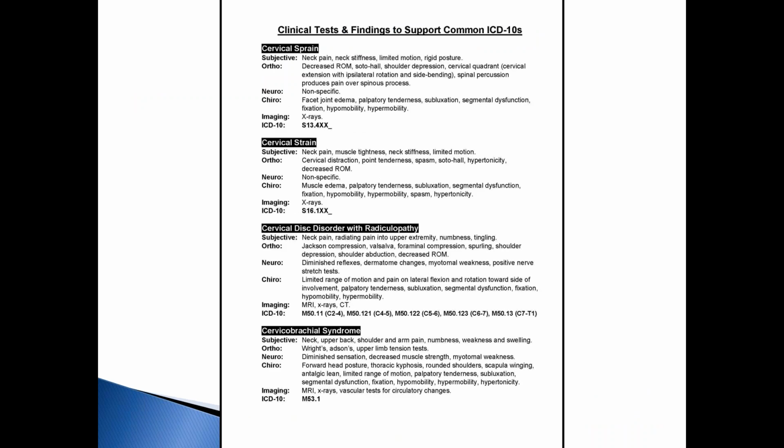So, actually, this is an excerpt from a book that I highly recommend. It's the book on the best CPT codes and diagnosis codes to improve reimbursement. This is one page out of the book, and you see it. It gives you the diagnosis and then the ortho, neuro, chiro test to support it. So you see at the bottom, if you ever diagnose a patient with cervical brachial syndrome, Wright's, Adson's,